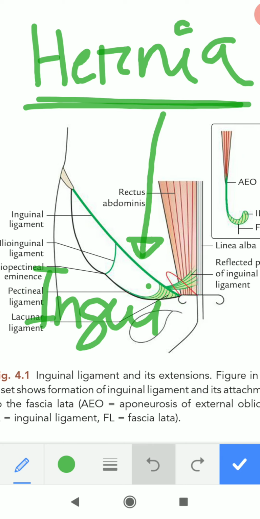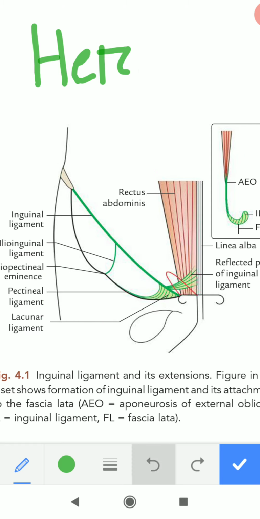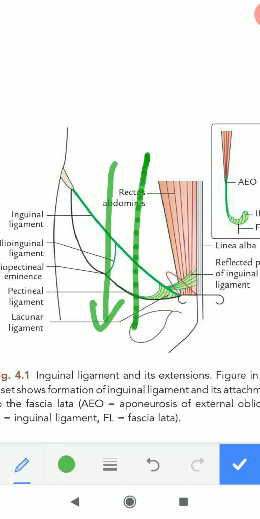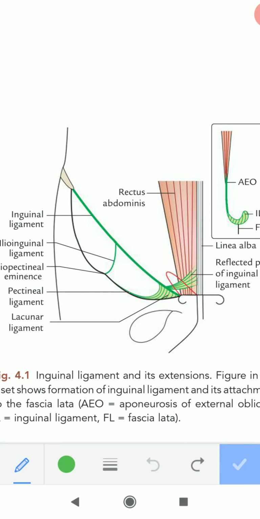Now, what is the anatomical importance of this inguinal region? The inguinal region acts as a passage of various structures that exit from the abdominal cavity to the lower part of the body, and some structures enter into the abdominal cavity through this inguinal region. So what are the structures that cause entry or exit through the inguinal region into the abdominal cavity? Let's see. The number one structure is the